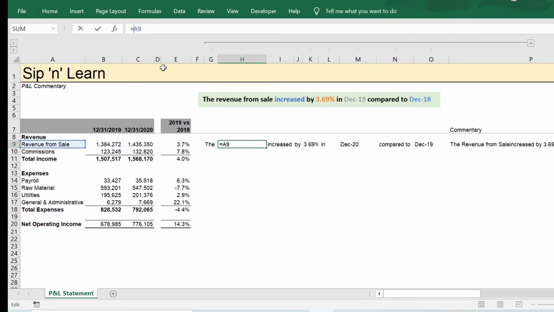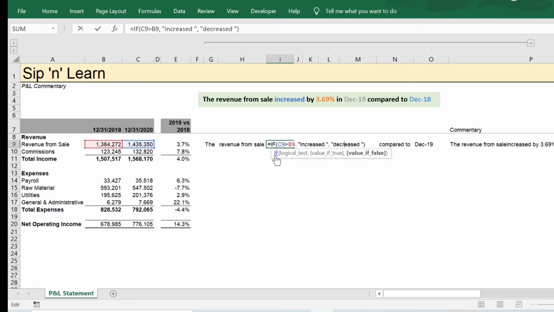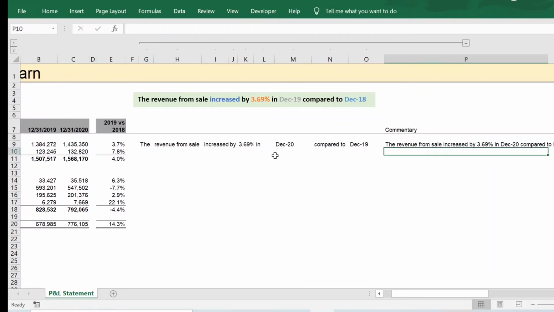So what I'll do is I'll use a lower function to convert this to lowercase and put a space before increased and decreased as well. And now you see I have the same statement. The revenue from sale increased by 3.69% in December 20 compared to December 19.